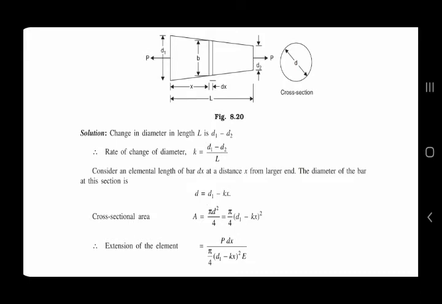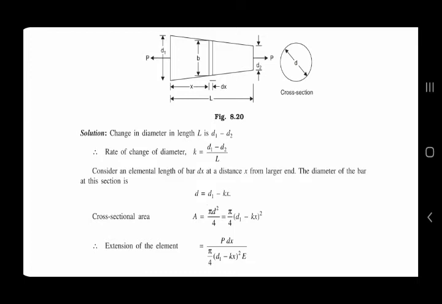Now in the previous case, we have seen the stepped bar having diameters D1, D2 or areas A1, A2 of uniform cross section. But in practice, mechanical components may not have only straight portions. There may be some taper portion. So we have to see what the change in length is when a load is applied to a tapered bar which is subjected to